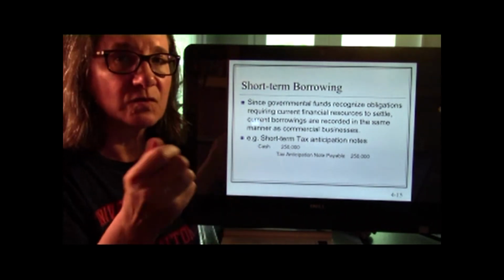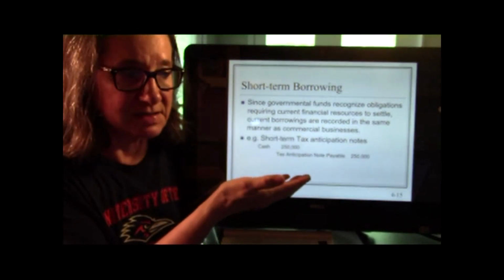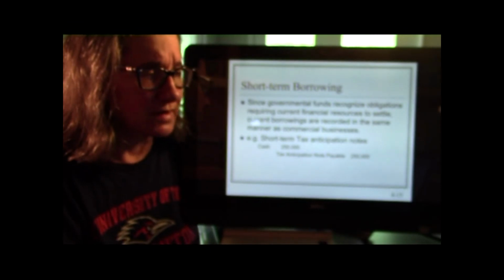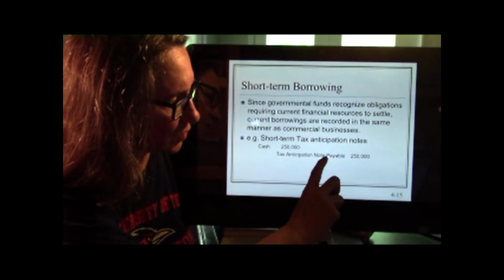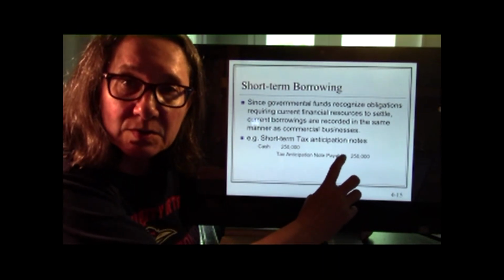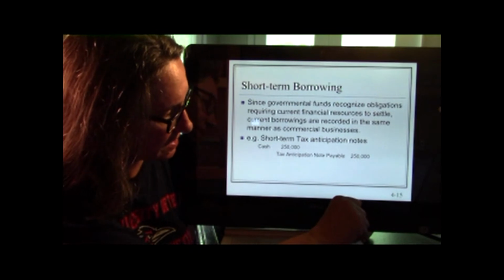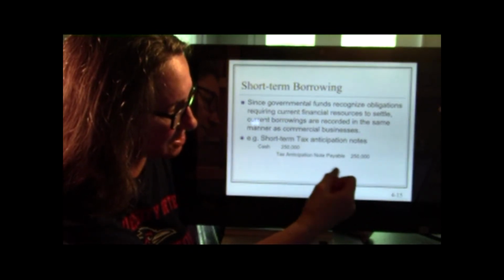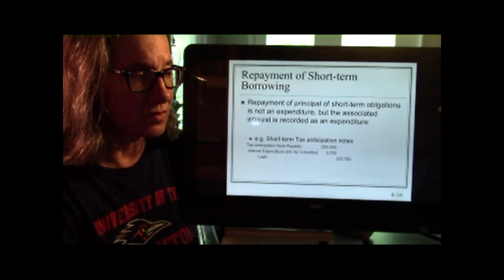So obviously we borrow money, cash comes in, right? Cash is still an asset. It's increasing with a debit. And we'll just call this account tax anticipation note payable. So see, there's that word payable. It's a liability. It's a liability we increased. So that's your credit. Cash, debit, got cash in, got a new liability, and of course when you pay it,